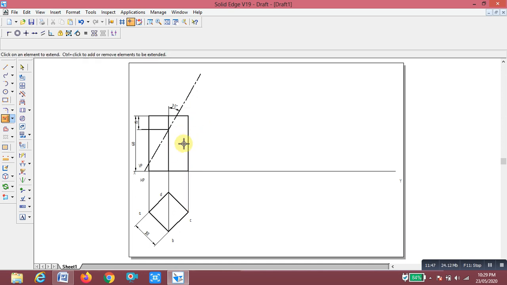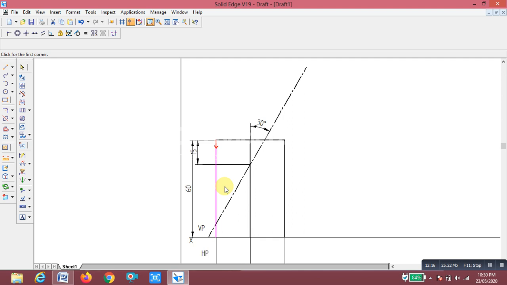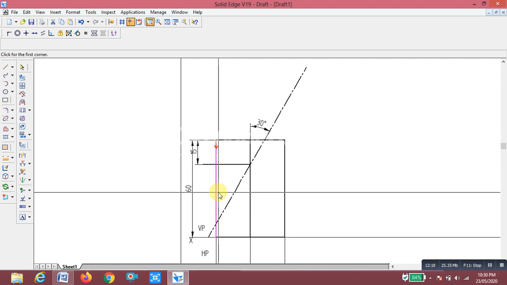You make this portion thin lines, which is possible by splitting the lines. You split the lines using the split command. Split this line at this point; you zoom in and split at this point.